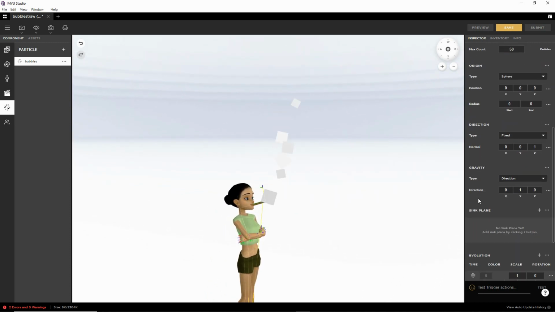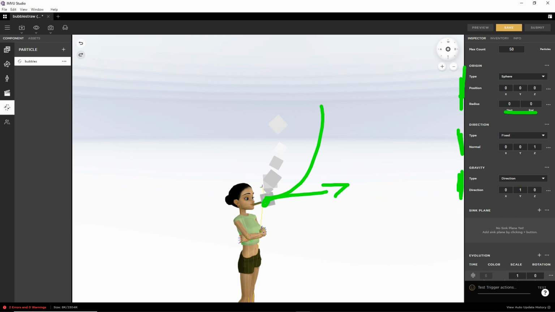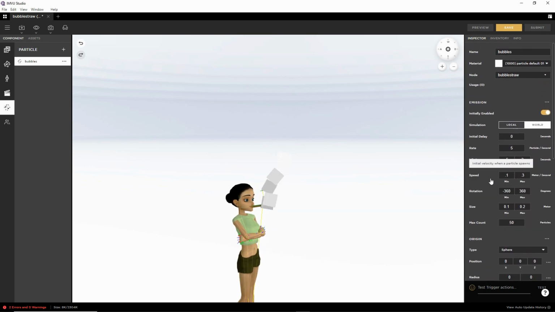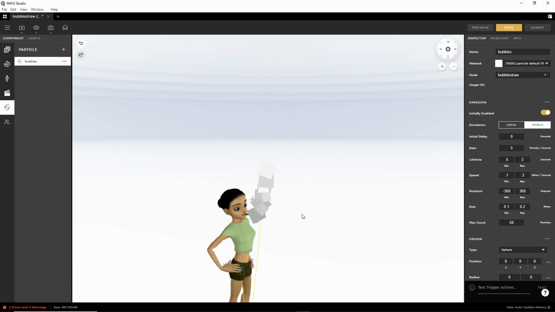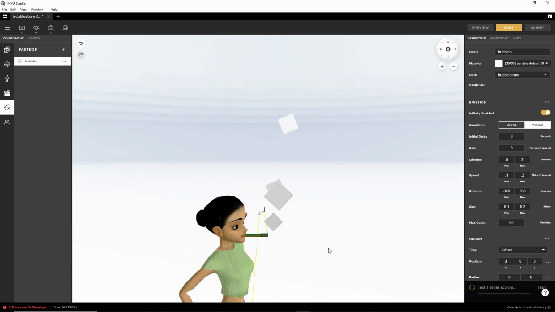So what we've done, let's go over this again. So we changed the origin, zeroed that out so it uses the end bone of the accessory, changed the direction so that they were projecting forwards. We then changed the gravity so they were projecting upwards. Once we've got that established, we then changed the emission settings so that we reduced the lifetime so that they took a more vertical approach to their emission. We lowered the rate so that reduces the number, and then the max count, we reduce that as well, so that similarly affects the number of particles that are emitted at a maximum. We also change the speed, that again helps them emit more vertically. So that is our basic bubble pipe